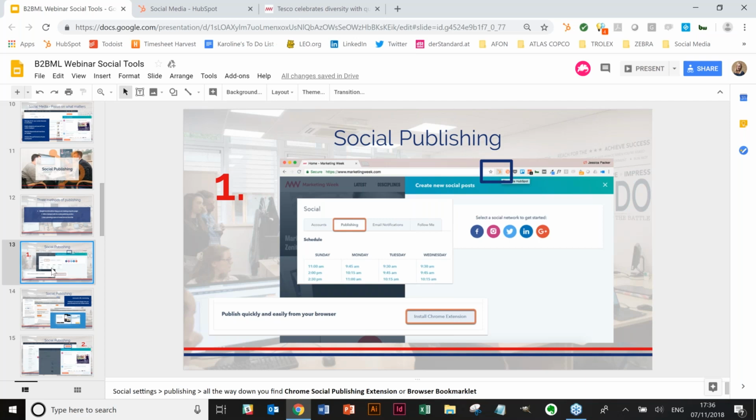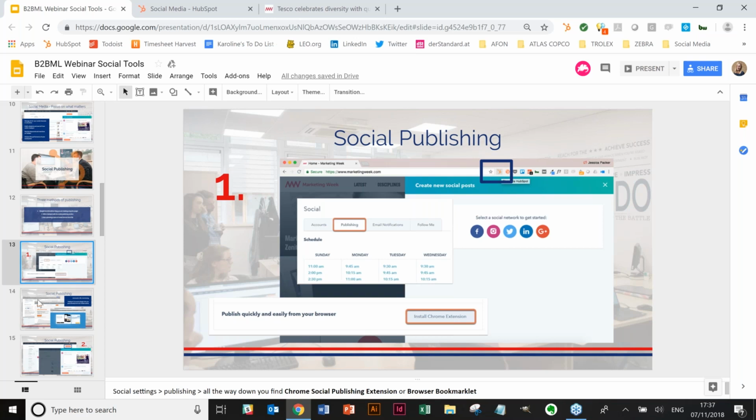So if you click into your settings, I can show you that later on in our live demo. There's an option to install a Chrome extension, so you can quickly do that from within your browser. Essentially, it will come up with a little pop-up window, and then you can create your message right within without